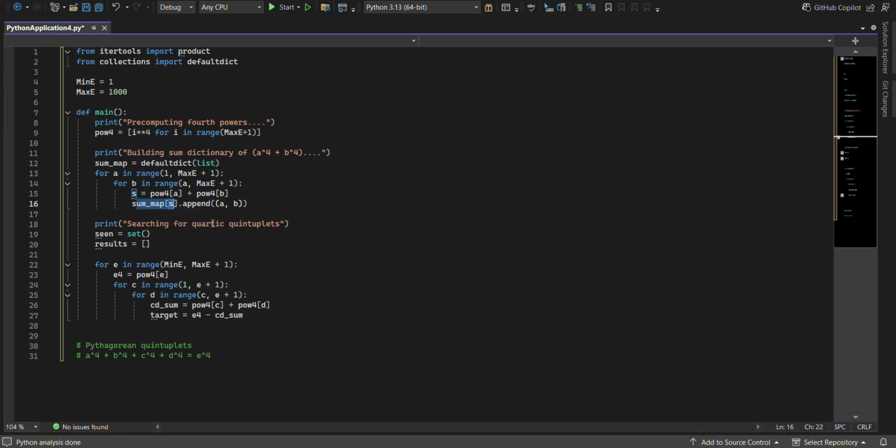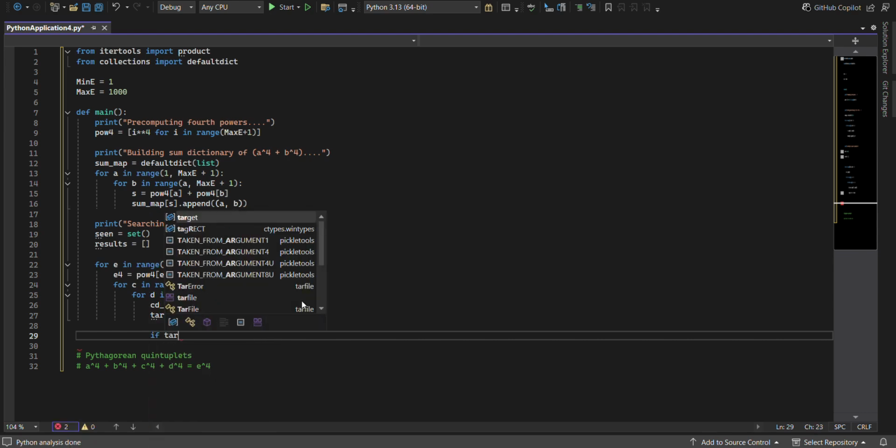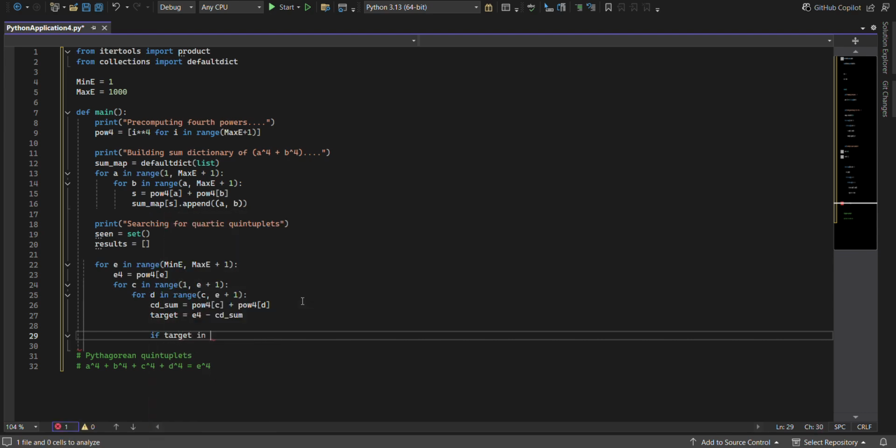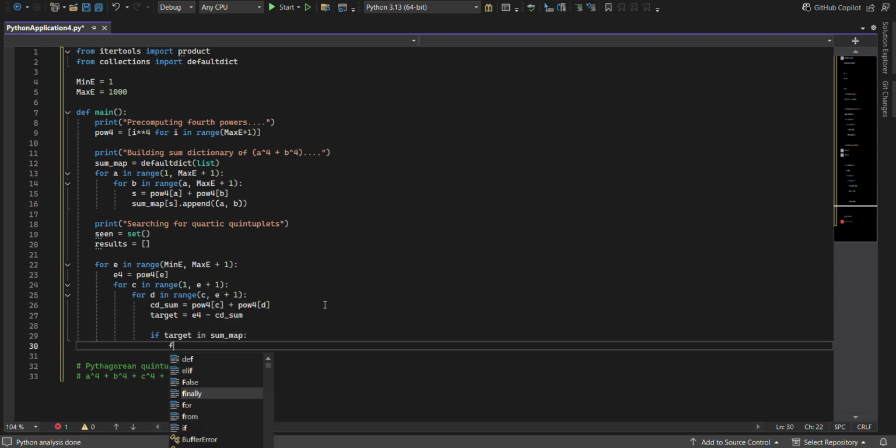So the dictionary will stay in the background. We don't need to keep calculating it. That's purely for our reference. But if we find a target that also falls in that dictionary, then we know we have a solution. So we need to carry that out. We need to enact that. So how do we recognize that? So sum map. If the target is in the sum map, so for A and B in the sum map,